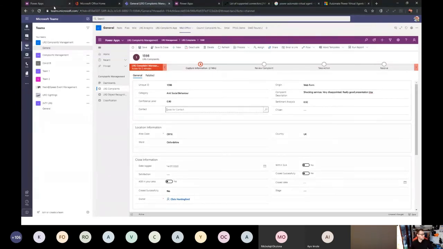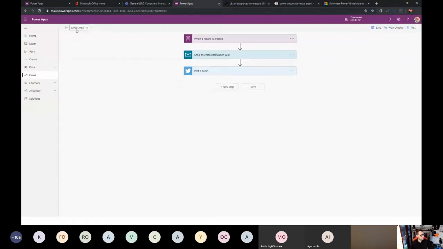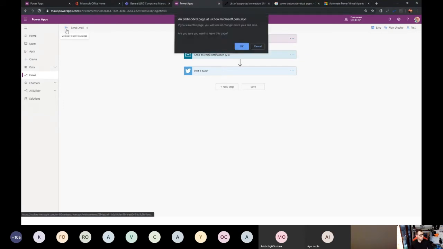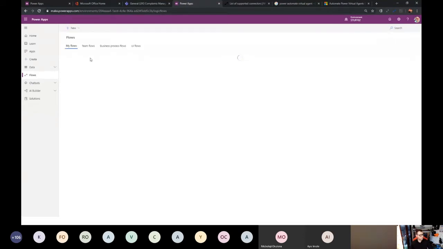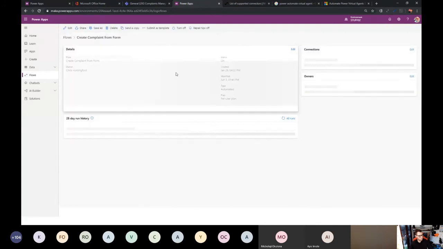Let me show you something else. If I go into my PowerApps and I go to my flows, so remember I told you that there are flows running in the background. It's not all smoke and mirrors. Okay, I've got my list of flows. You can actually see that various flows will have fired depending on what happens. So if I go to create complaint from form, okay,